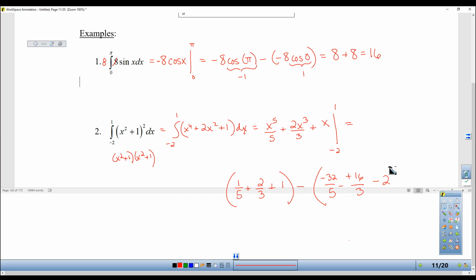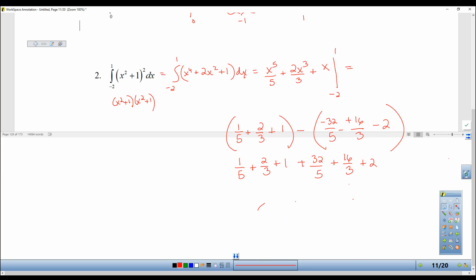Might be easier to go like that. I'm not sure. So you might want to go through and add all your thirds with your fifths and your numbers with your numbers. So this becomes plus 32/5. This minus and this minus become plus 16/3, and this minus become plus 2. So now I have 33/5 plus 18/3 plus 3, which this piece is going to be 6 3/5 plus 6 plus 3, which is going to give me 15